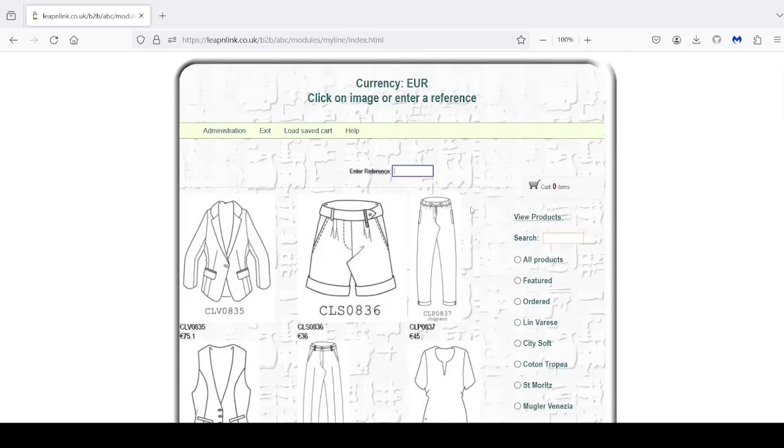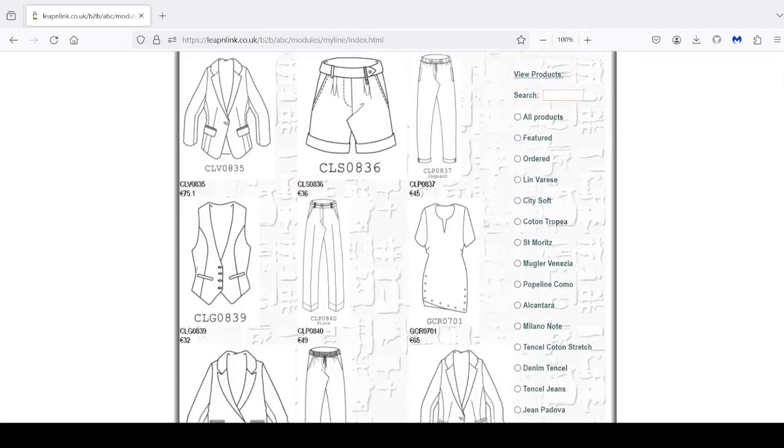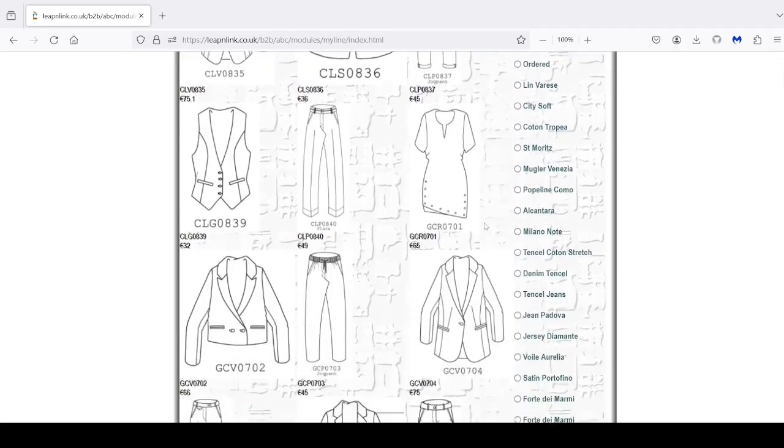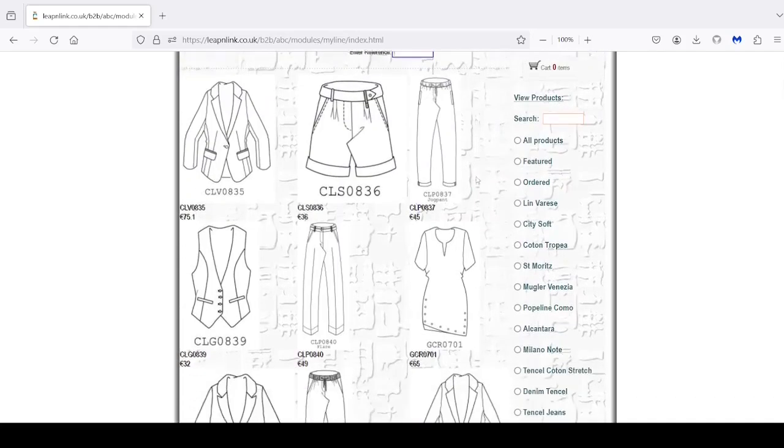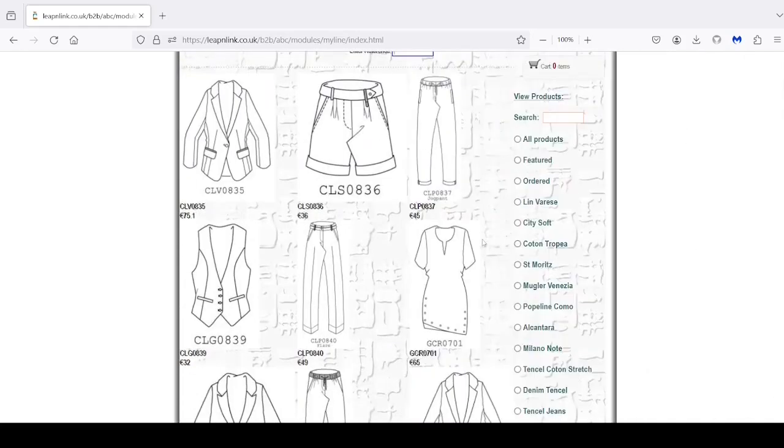The first thing we're going to cover is the order in which your items are being shown. This is directly resulting from the order that the CSV file or your Excel file is actually put into. So to show you a little example, on this test product line, I do have, for example, jackets, shorts, trousers, tops, dresses, and so forth. And I would like to group all those